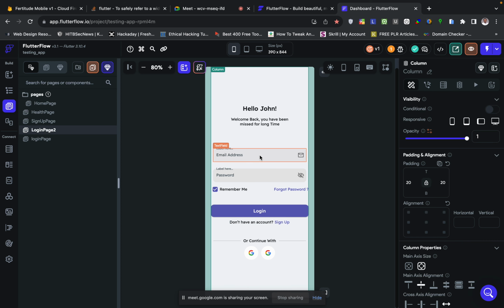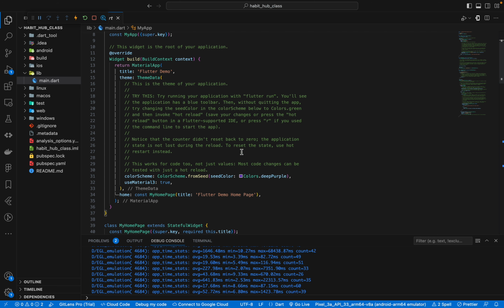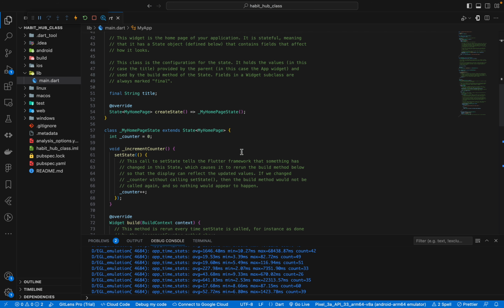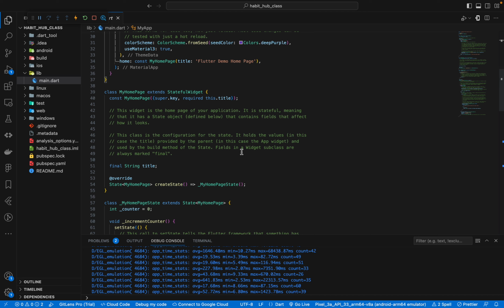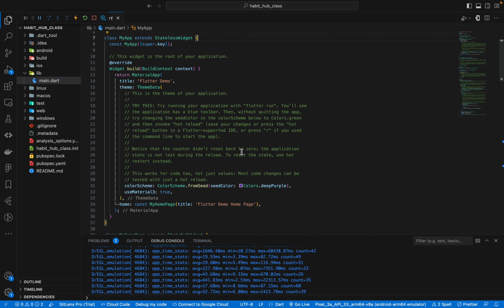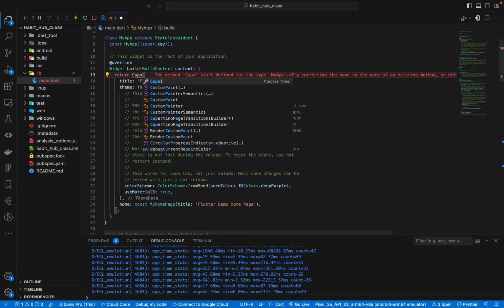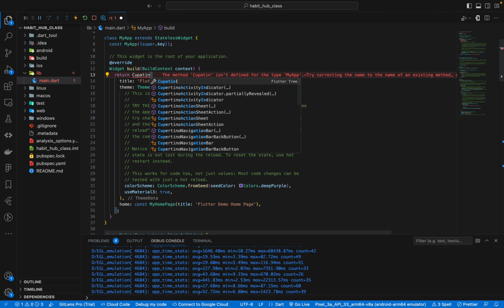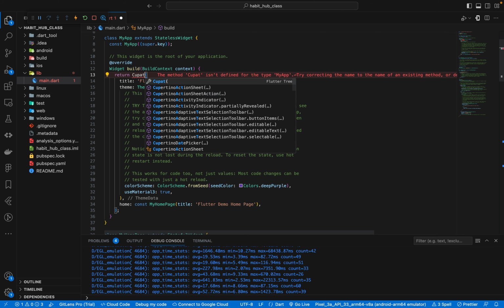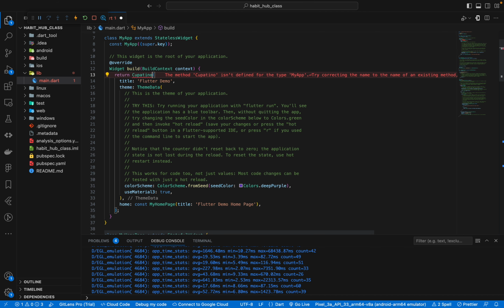We also have Cupertino, which is made for iOS. If you want to develop just for iOS, you can decide to use Cupertino and return a Cupertino app here. So if I write Cupertino,